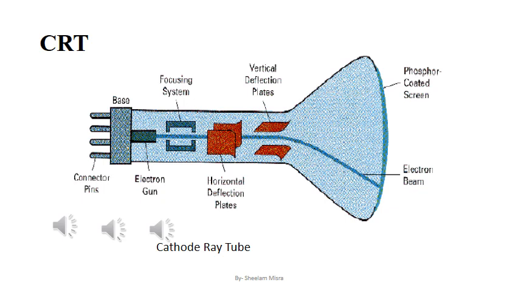The focusing system concentrates the electron beam so that the beam converges to a small point when it hits the phosphorus coating. The deflection system of the CRT consists of two pairs of parallel plates referred to as vertical and horizontal deflection plates, as shown in the figure. The voltage applied to the vertical deflection plates controls the vertical deflection of the electron beam, and the voltage applied to the horizontal deflection plates controls the horizontal deflection of the beam. There are two techniques used in producing the image on the CRT screen: random scan and raster scan.